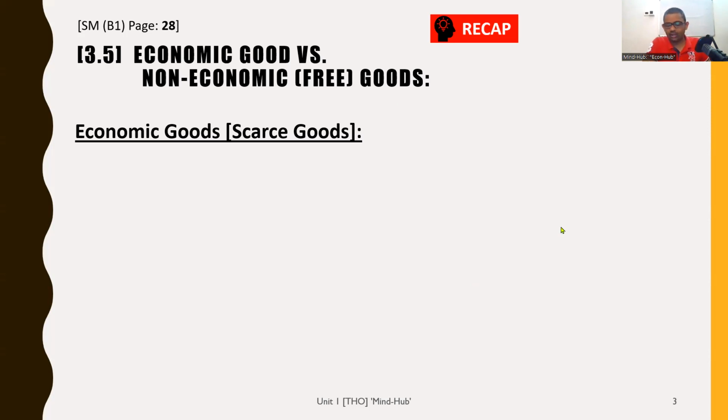But how did we describe an economic good? If you give the story or a definition of an economic good in a very summarized way, what would it be? In the most summarized way, an economic good would be,